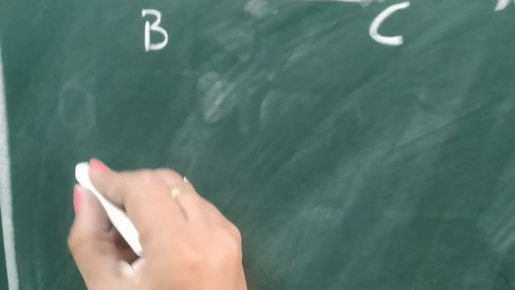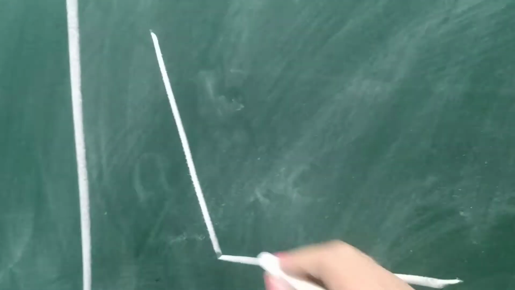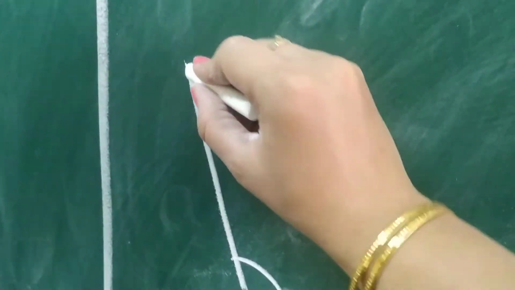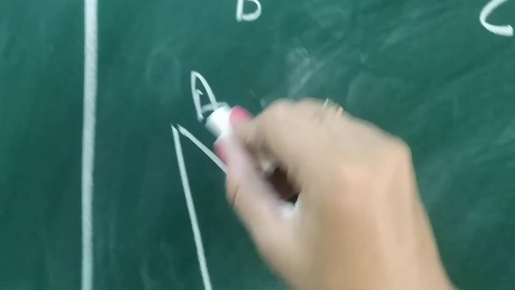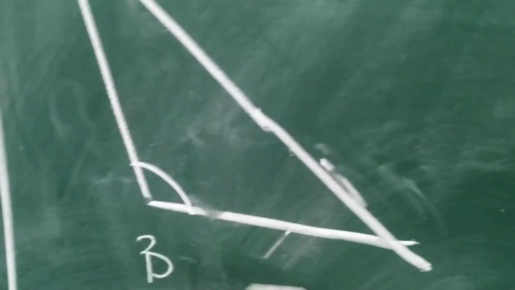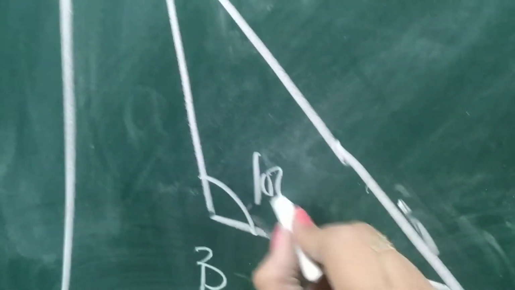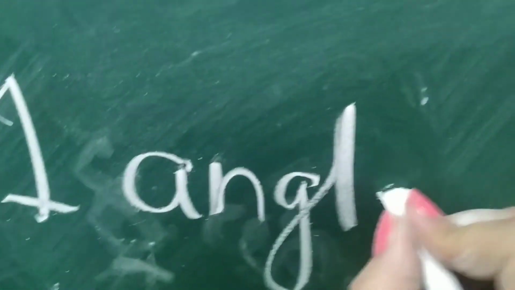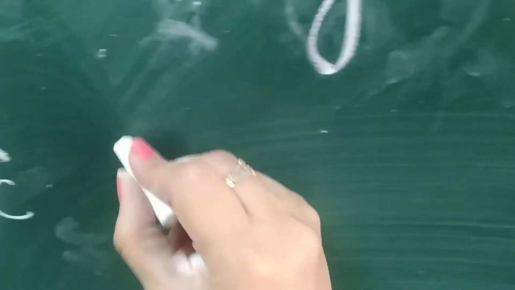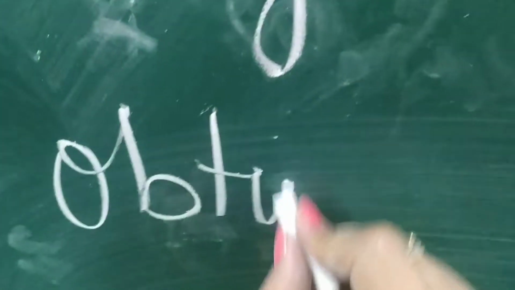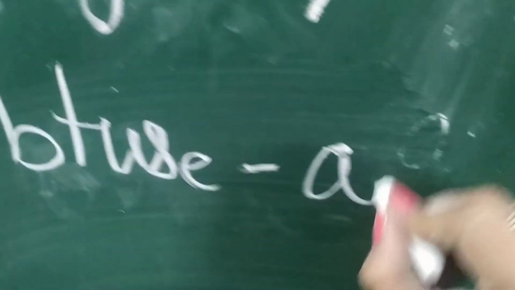And when I talk about the third kind of triangle where one angle is of U shape, obtuse angle triangle, more than 90 degrees. Suppose one angle is of 100 degree. So when any one angle is more than 90 degree, this is called obtuse angled